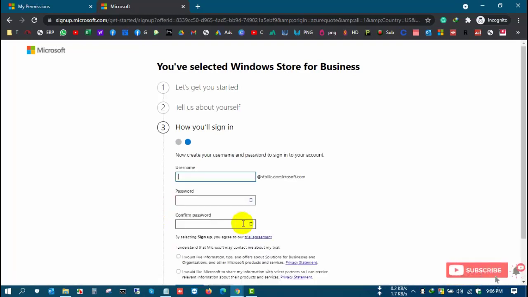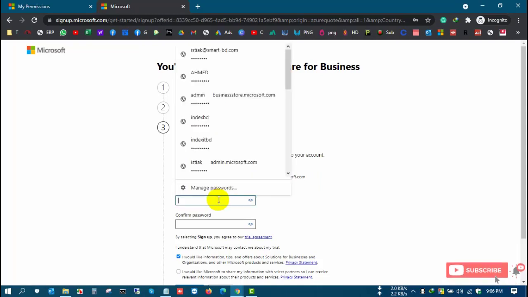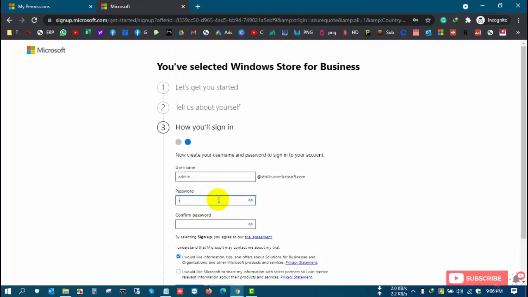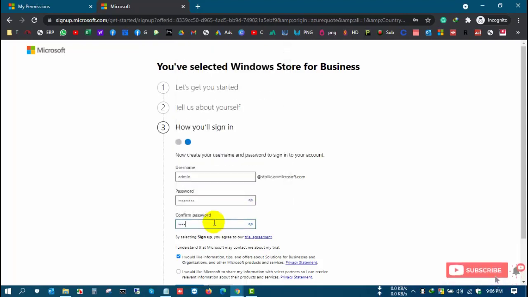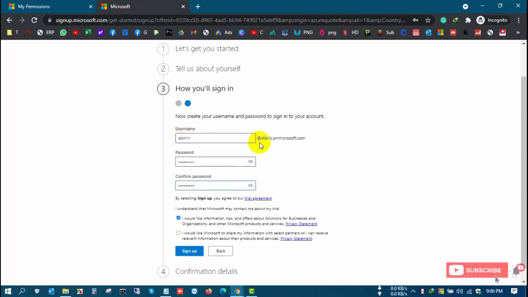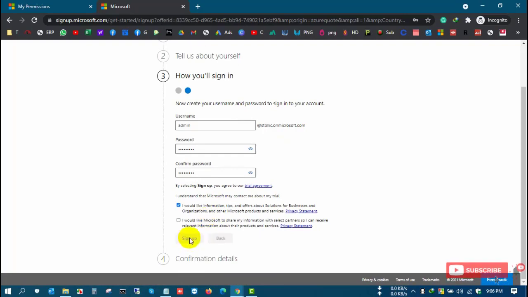So next, now you set a username, like your name or anything else. I set admin and set up a secure password. Confirm your password, then click sign up.